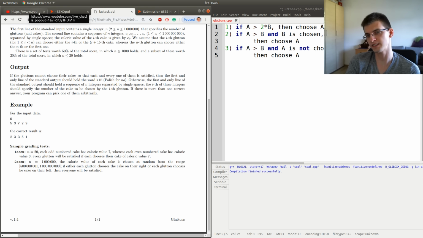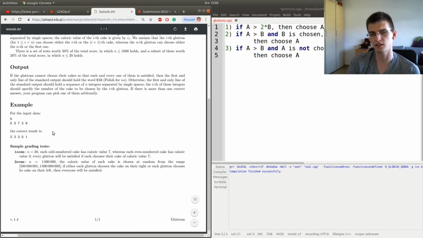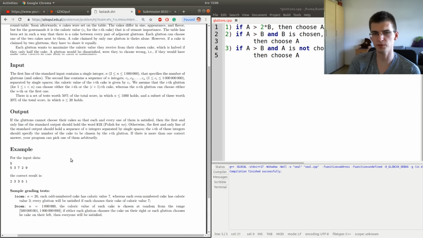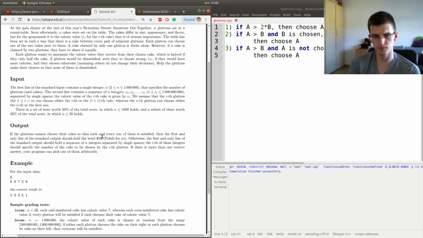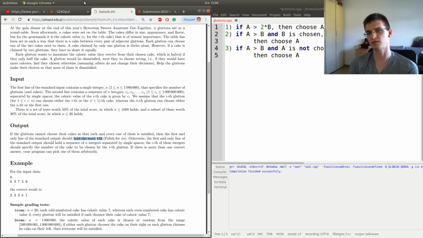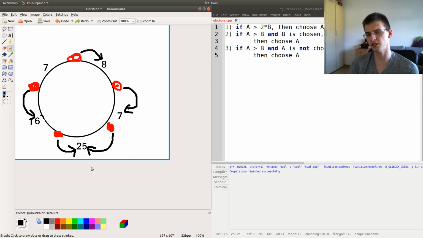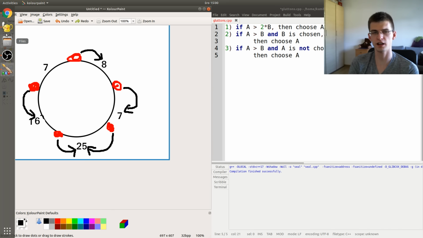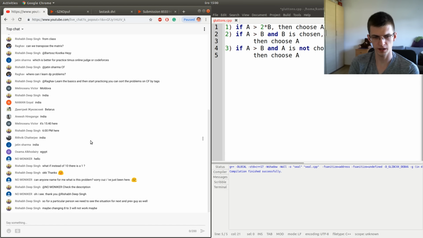And also, my guess right now is that the solution is always possible. Here, the statement said that we should print nie if there is no solution, but I think from this we get that all the time there will be some solution, but we'll see.